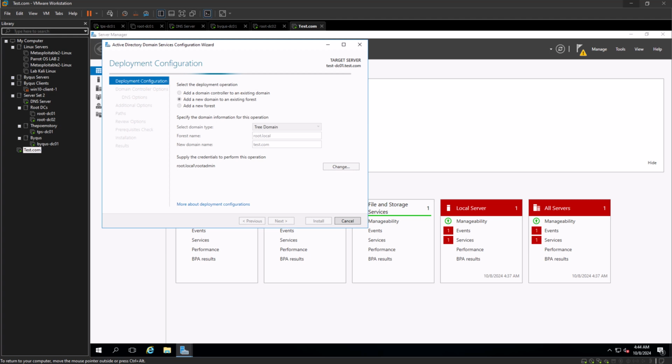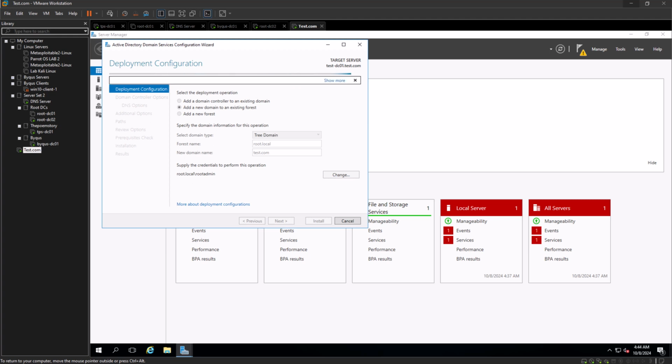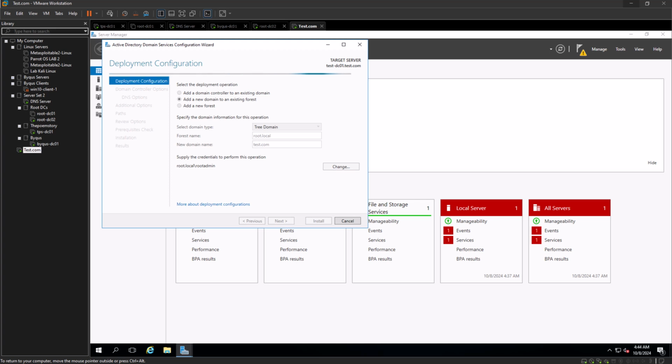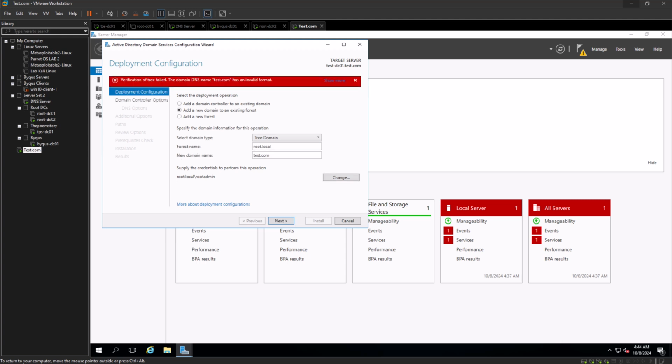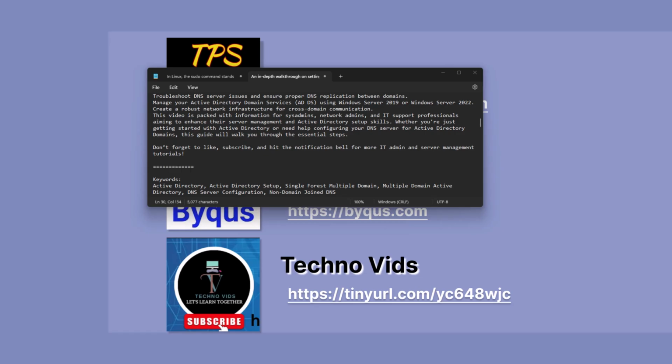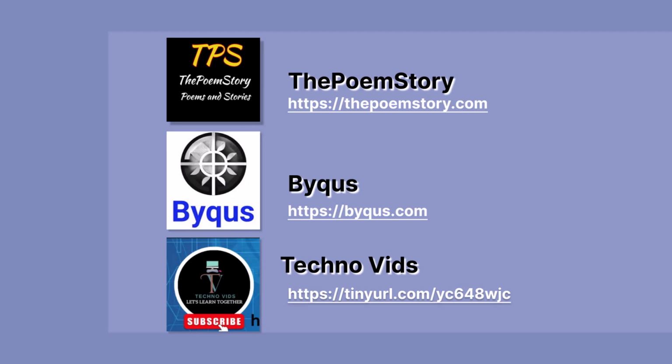Come on, come on, come on. Show more. Now some error popped up, but the screen is blank. Close it. Okay, it's going to... okay. So even if you seize the role, the new domain naming master won't allow you